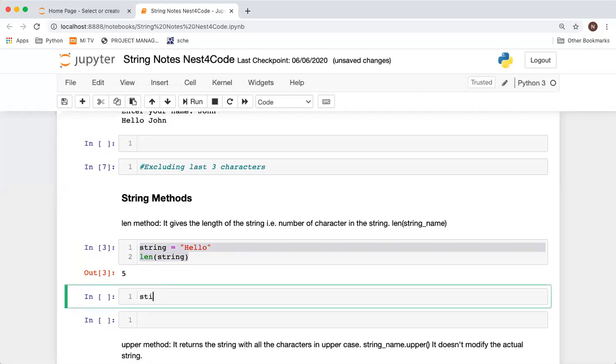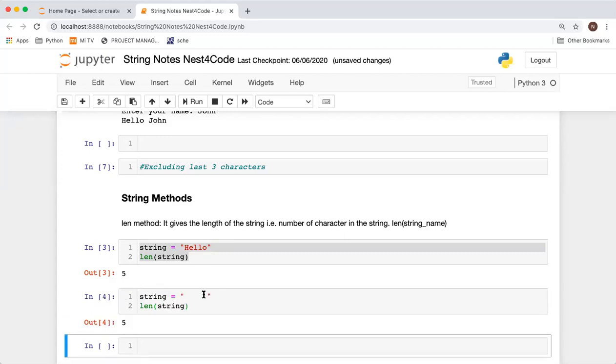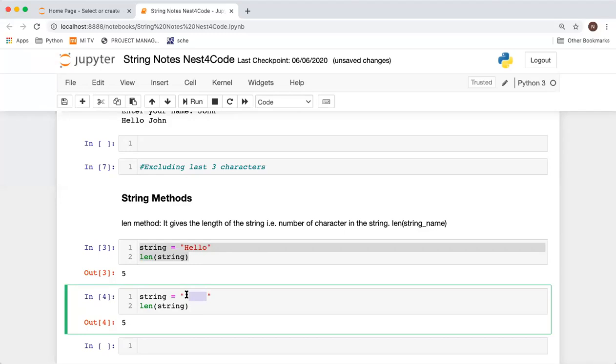And guys, if your string has special characters or, say, spaces, those will also count in the length. This is like a string having 5 spaces. Because space also gets a place, it's also a character, so all of this will go into the length of the string.